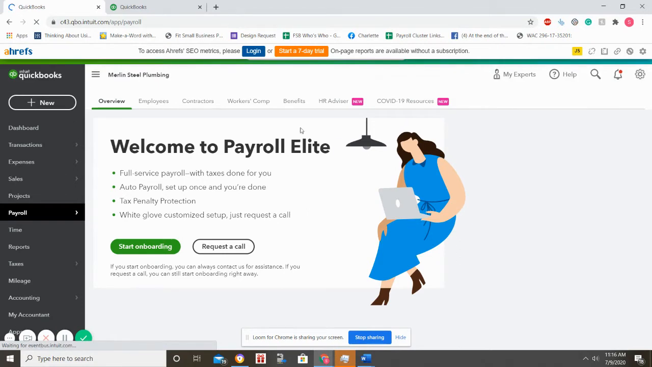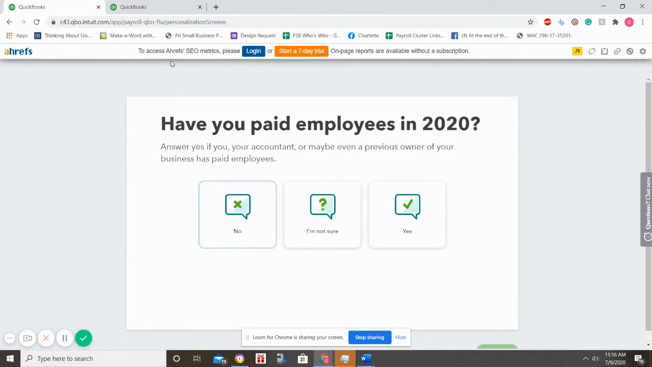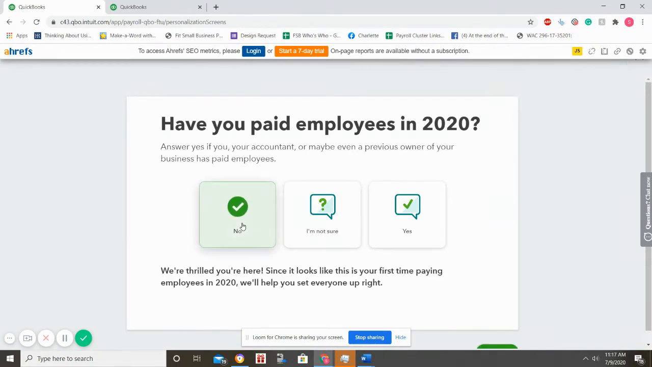So now it's welcoming us to the Payroll Elite plan, and it's time for us to actually start adding employees. So we'll click Start Onboarding, and it asks if we paid any employees in 2020. It asks that because if you have, you will also need to enter prior payroll information to ensure that QuickBooks has a complete view of the expenses that you paid out, and you want your year-to-date numbers to be correct. I'm going to say no to make this easier,